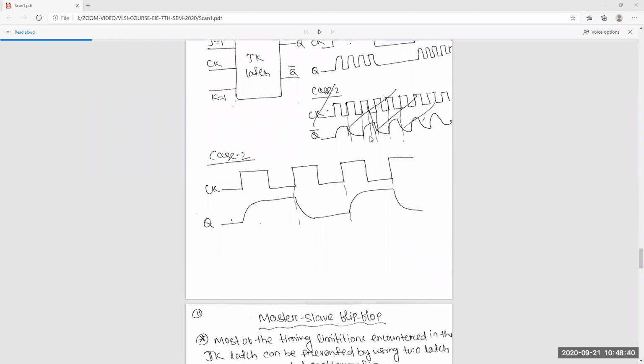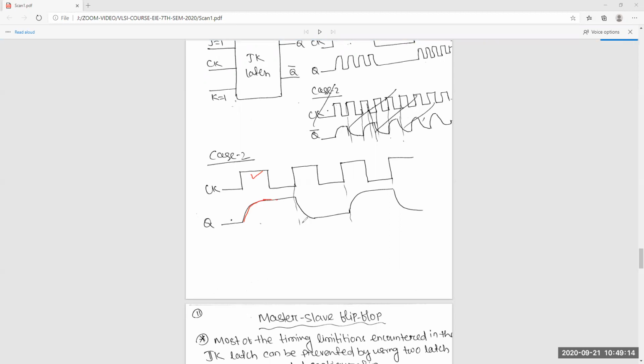Okay, but here you can see, suppose in this case the propagation delay is more than the clock period, that is, the clock period is less than that propagation delay. So you can see here, when clock is equal to 1, it will not get time to toggle.